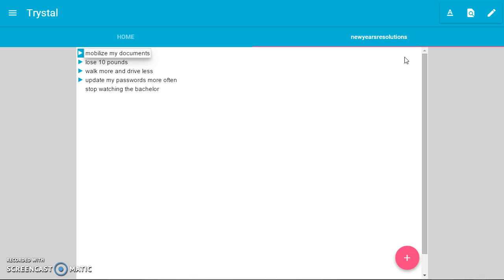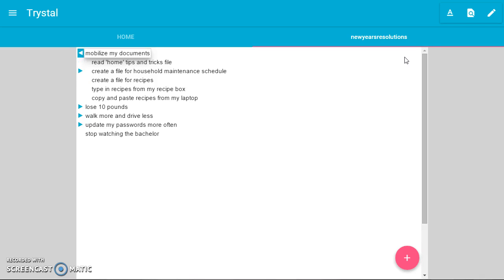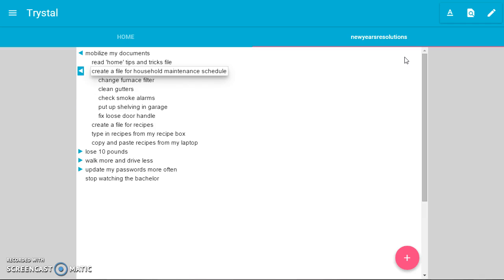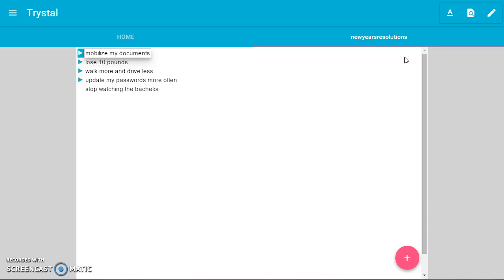So now I'm back to where I was with my 5 original resolutions. Using the right arrow, I can scroll through, open them all, and see what's underneath. I can leave the bottom levels open and just use the left arrow to close the whole thing, and it still looks nice and clean and very well